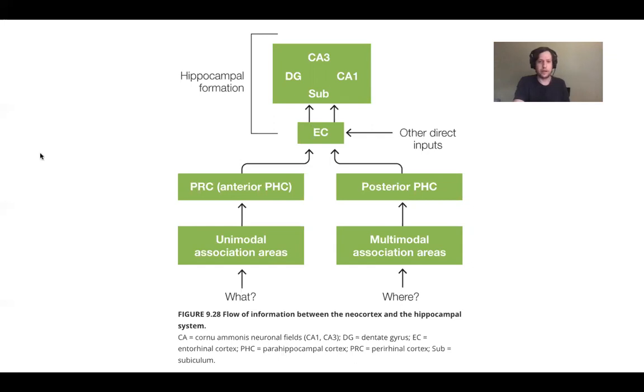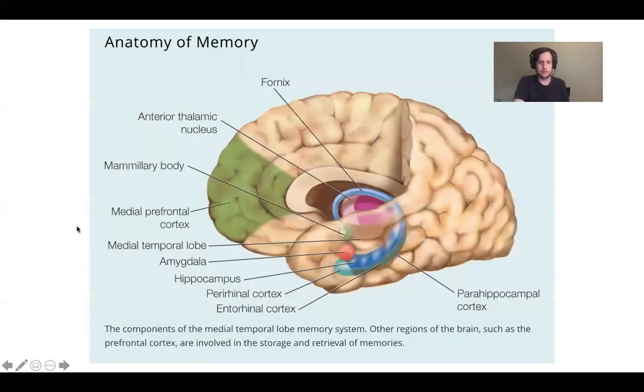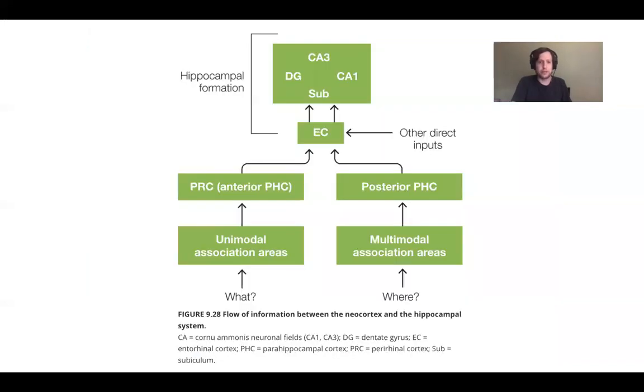I want to go back to our brain here. So the perirhinal cortex sends signals to the entorhinal cortex. And the parahippocampal cortex right here also sends signals into the entorhinal. So we have kind of these 2 brain regions located on each side. The entorhinal cortex is in the middle, perirhinal cortex is on one side, parahippocampal cortex is on the other. And these two regions feed in. They both input signals into the entorhinal cortex, which is in between them.